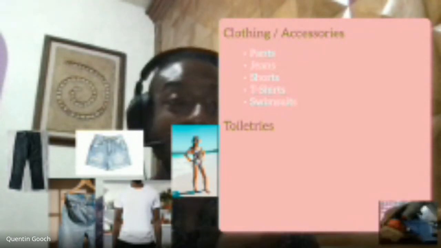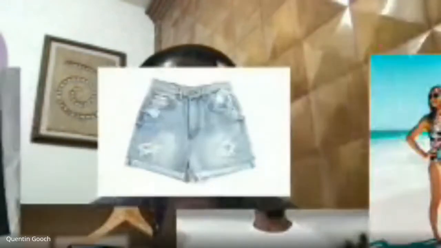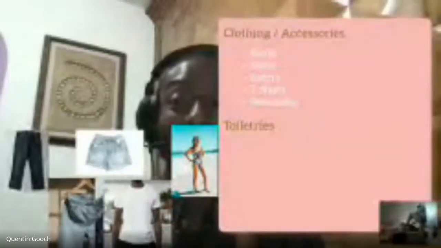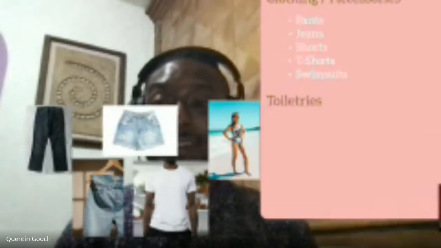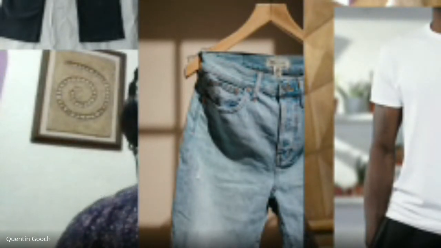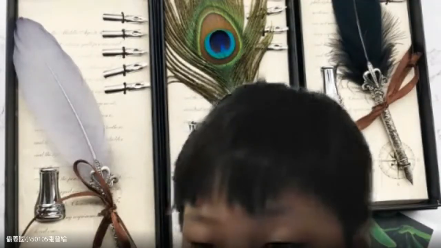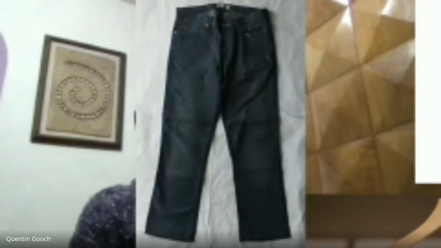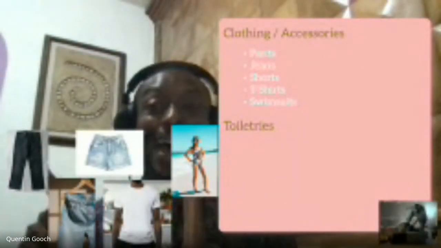All right. Who's someone else? What do you see here? What are these? Shorts. Very good. What about these? Pants. They are pants, but these are a special kind of pants. So they're a little different. So these are jeans. Ah, there you go. Jeans. Jeans are a type of pants, but they're a special type of pants. So jeans.